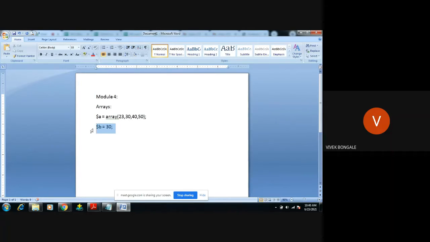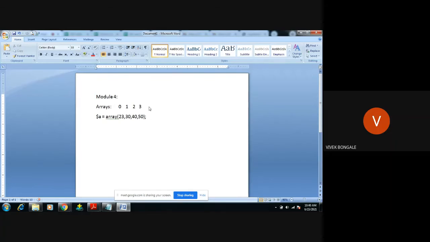Then how will it be managed in memory? Through an index. Index 0 is for 23, index 1 for 30, index 2 for 40, then index 3 for 50.